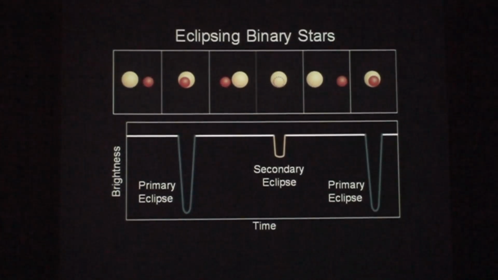Next, please. That's a very simplistic diagram of a red dwarf eclipsing a larger yellow star similar to our sun, and they use a light curve with the primary eclipse on the left, the secondary as the star goes behind, and again another primary eclipse as the star comes out from the back and starts its cycle all over again. So usually the light diminishes a bit.